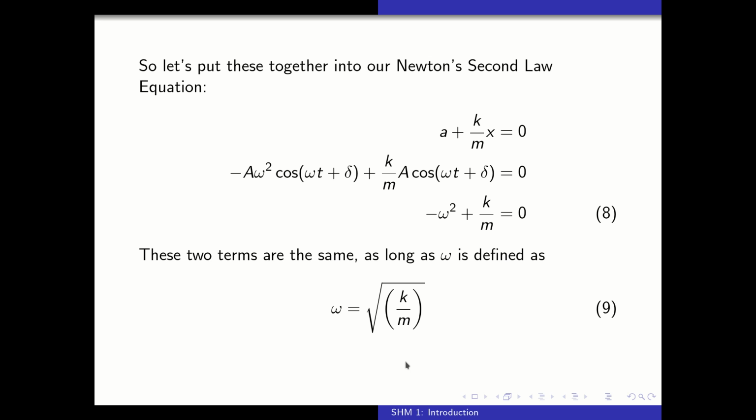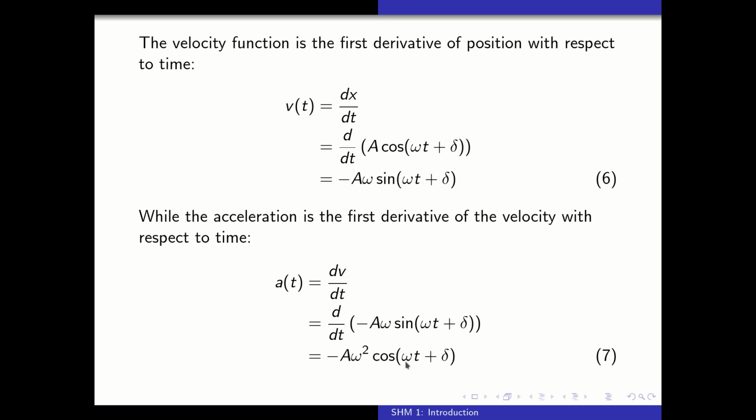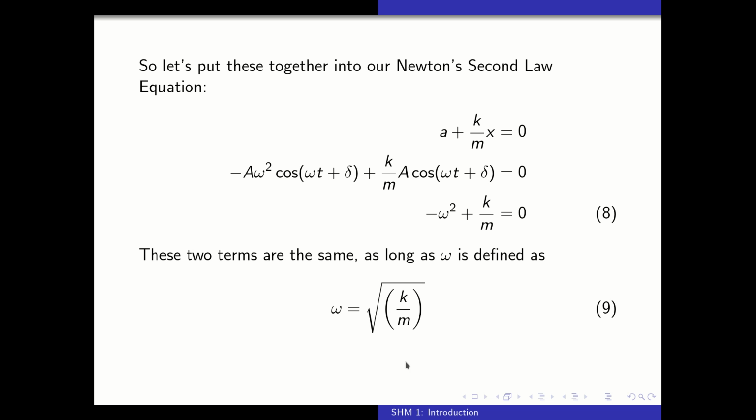Okay, so we're going to put all these things together, or actually we're only going to put the acceleration and the position equations together. So we're going to take our equation 5, we're going to take our equation 7, and we're going to plug them into our Newton's second law equation, a plus k over m x. So here's our acceleration, here's our position, and we are going to end up with, I see I've simplified this a little bit faster than I had meant to. With a little manipulation, we can